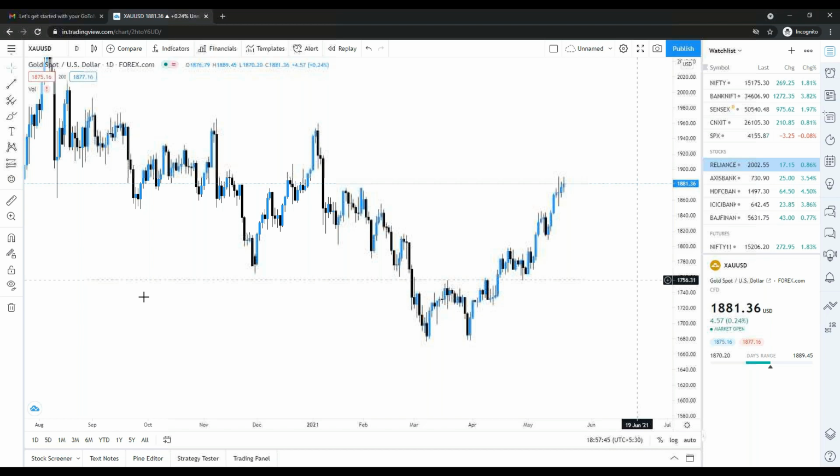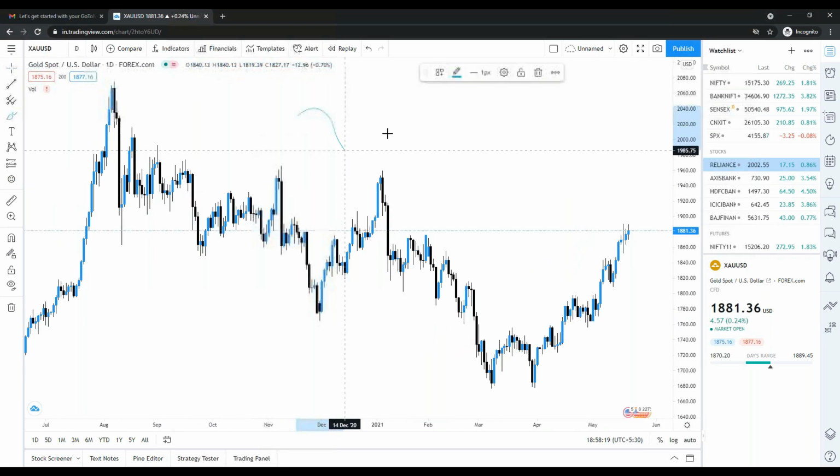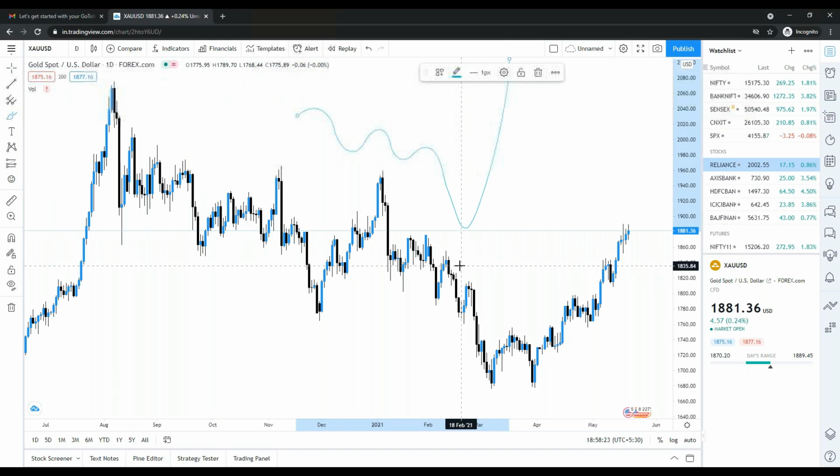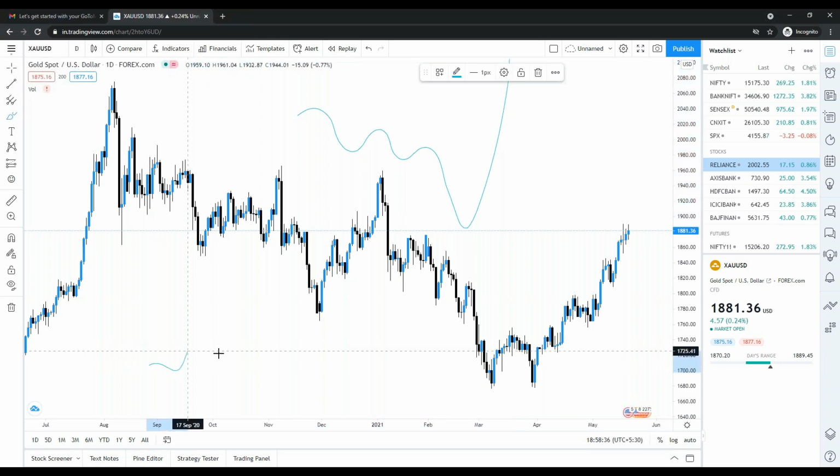you should not follow the gold and silver chart from the Indian charts like gold mini and all, because these charts are actually followed by XAU. This is a real chart, okay, from where our chart is being calculated. There actually the price started going up, and that's the reason there is a boom. Okay, so this is the actual chart.